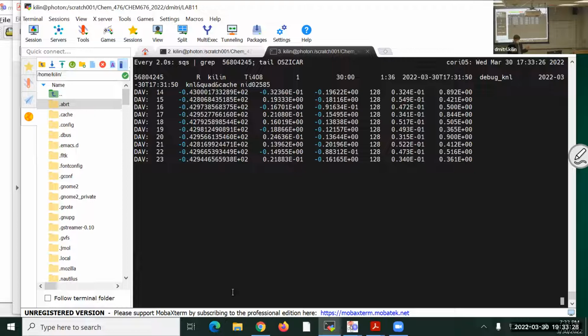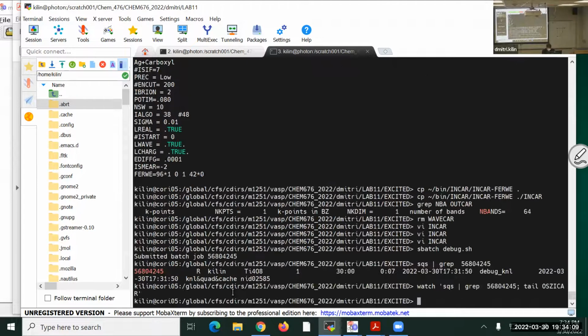If I really want to find an optimal geometry, I may do several thousand steps of very small time step, or I can do 10 steps of POTIM equals 0.001, then 10 steps of POTIM 0.01, then 10 of 0.1, and then maybe 100 of 1. And it will prevent me from breaking or cracking my model, and it will be the best way to arrive at the optimal geometry. Make sense? Yeah, thanks for asking. Okay, 10 steps are done,